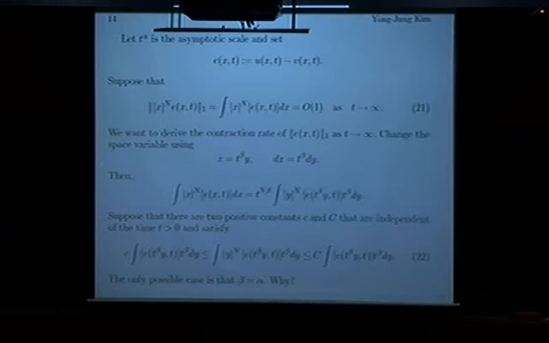And if you want to expect this, this beta should be alpha. If beta is not alpha, it is not possible to obtain this. That's very clear. For example, beta is bigger than alpha, then you can easily see that